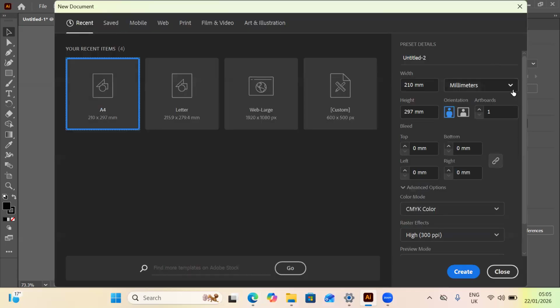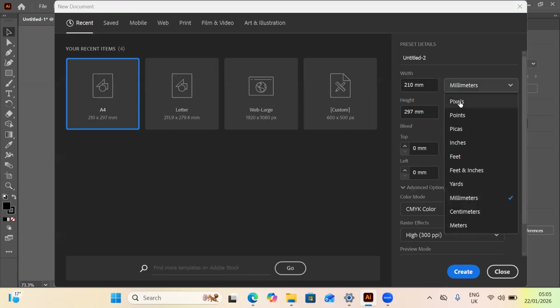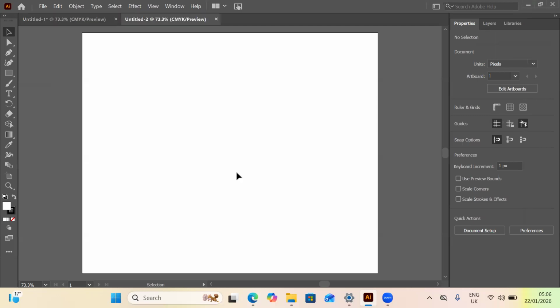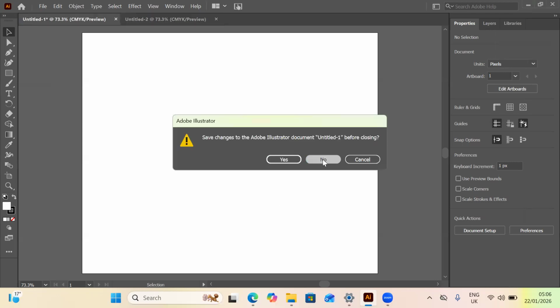So when you're opening your Illustrator, you choose pixels, and then you put the width of 600, right? And the height of 500, because the question actually said 500 pixels for the height. So that one is going to be specific, okay? Then you go on, create, then that's how you are going to come up with this work area, okay? So we're going to close the one that was there. Then the next question